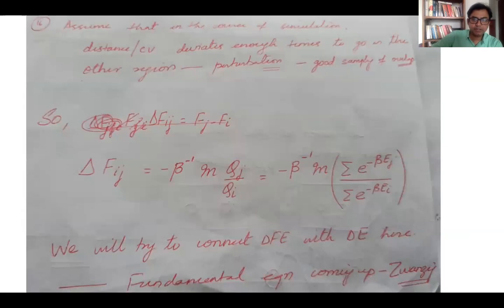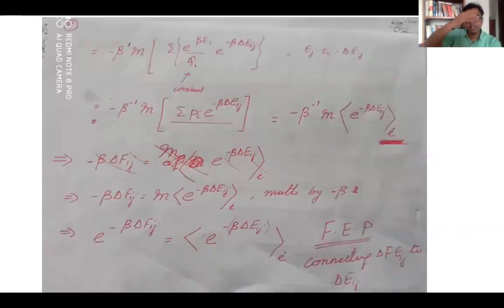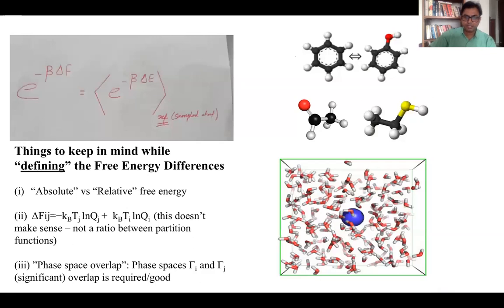So in that case, the delta Eij is out of the overlap region, and that has an effect on the exponential averaging in a certain way. So when you run the examples that we have for the tutorial, things will become more clear to you, and that is why we are doing